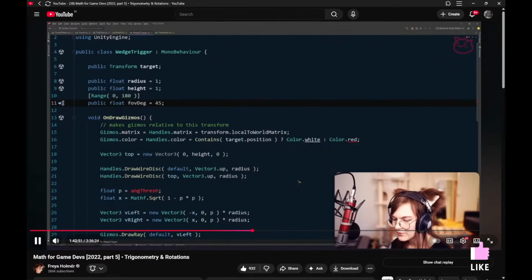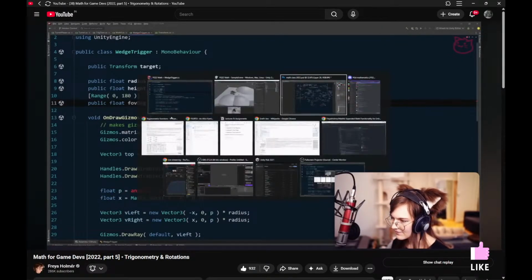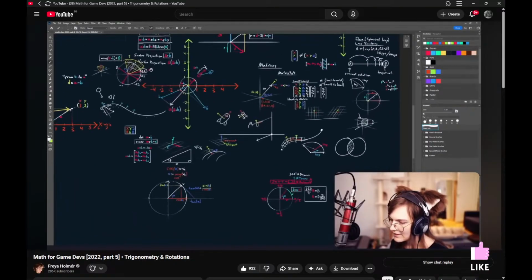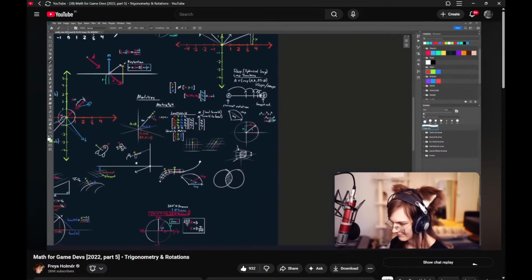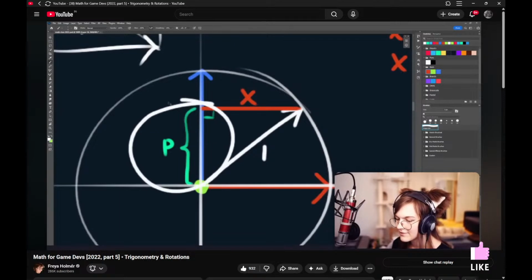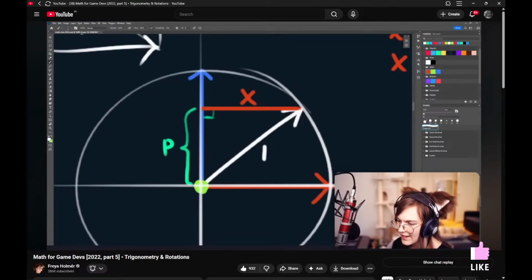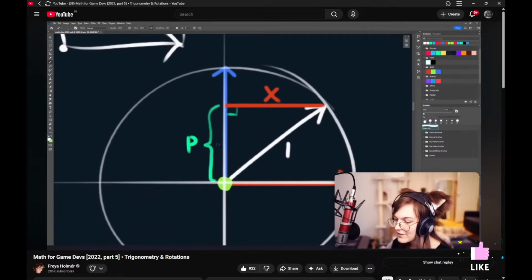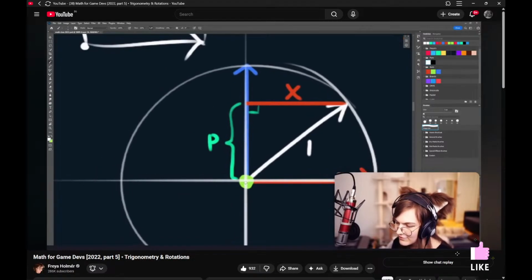Okay. We need to be able to recover our angular threshold. And so the way our threshold worked before was like this, right? We explicitly set the value of the threshold, and then based on that, we would check the direction to whatever it is we want to check if it's inside or outside. But now, instead of setting this one directly, we are setting the field of view, right? And the field of view usually would be this